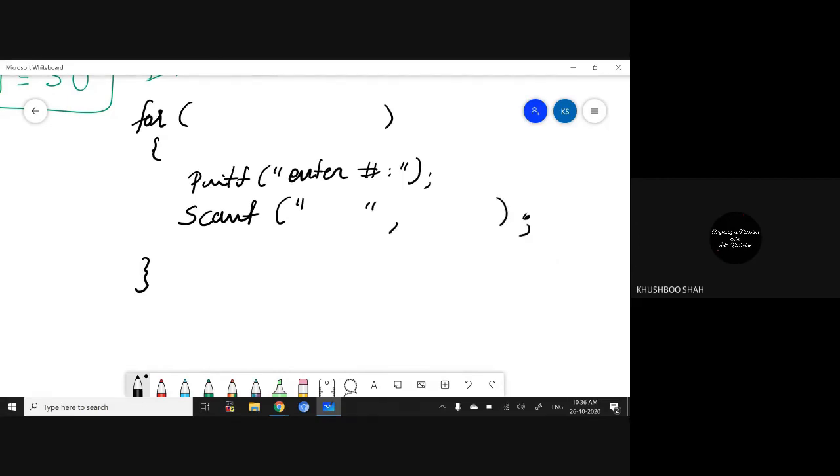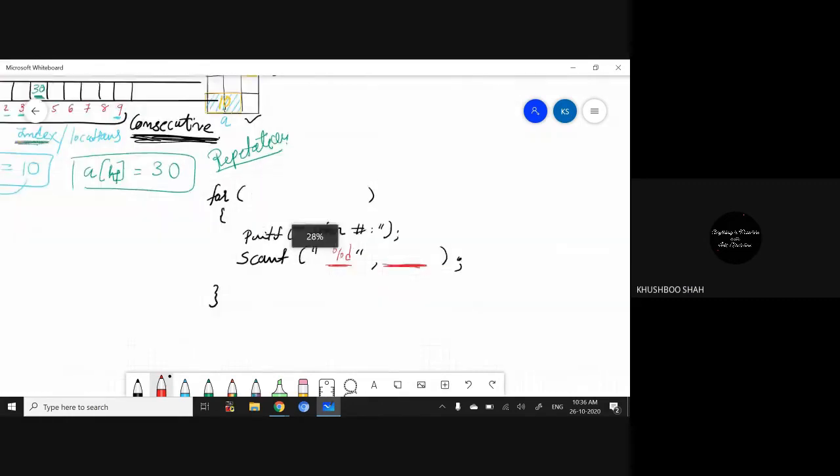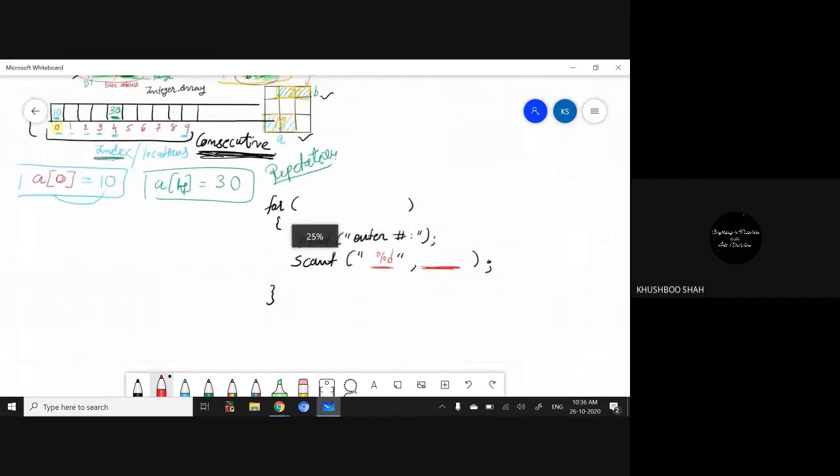Now here what we need to write: because this is an integer array and we are going to take an integer value from the user, what would be the format specifier guys? %d. Perfect. And here I need to write the address where I want to store the data.